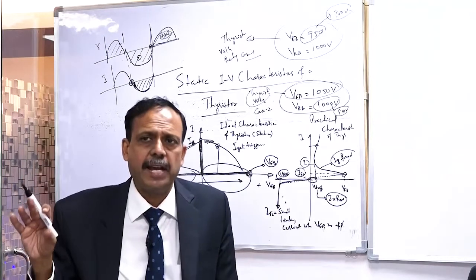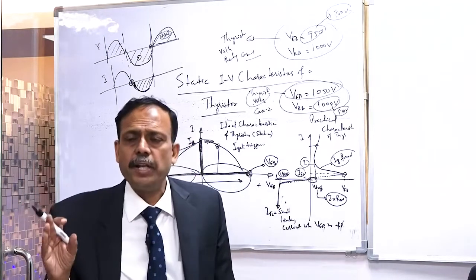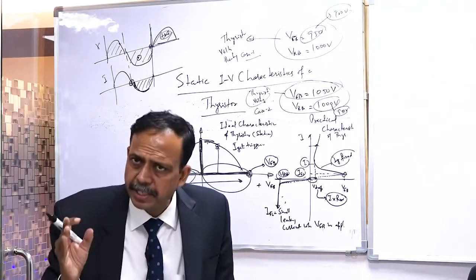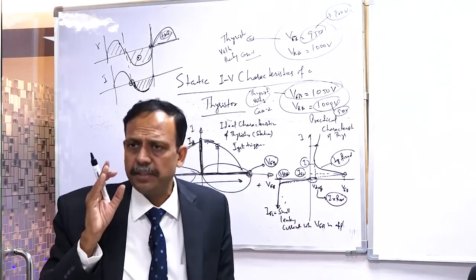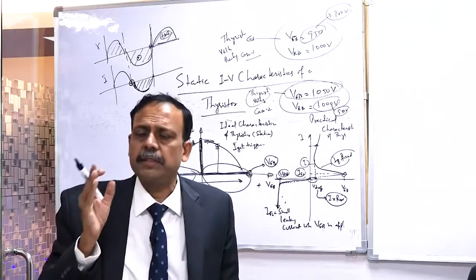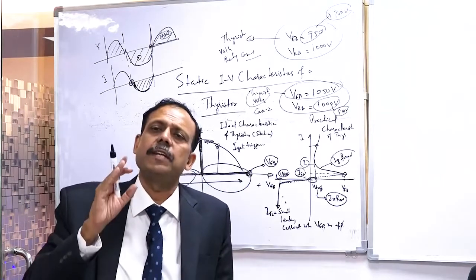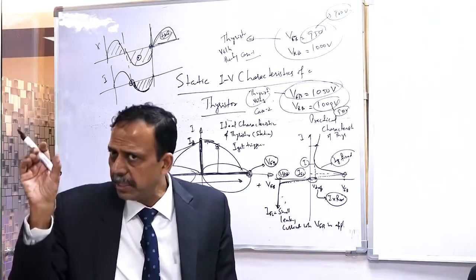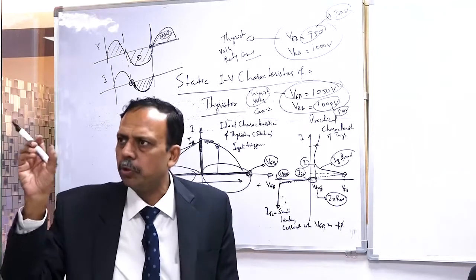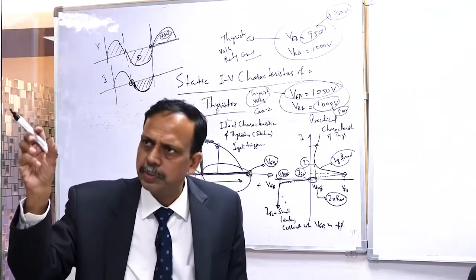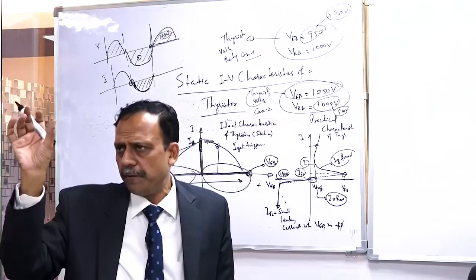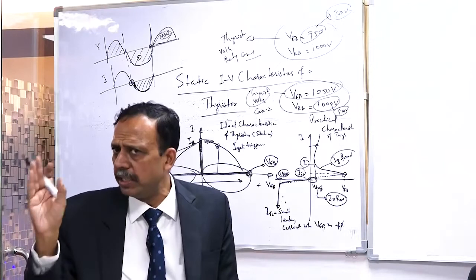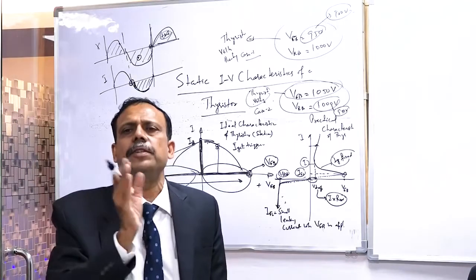should be such that it should not violate the di by dt rating as well as the rating of the current. In case the di by dt rating or the current rating of the thyristors are getting violated by a particular type of load, it could be R load, L load, C load, RL load, RC load. It could be any loads. Different types of loads are there. We have to study the load and accordingly we have to decide the thyristors.